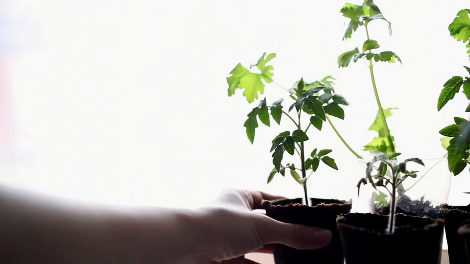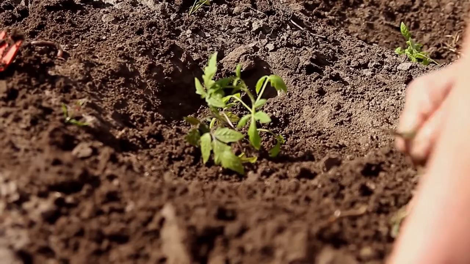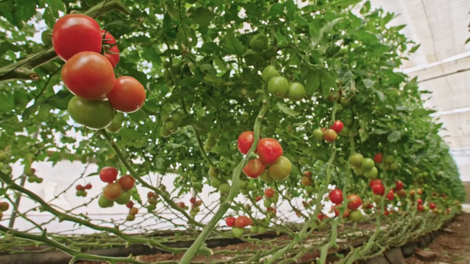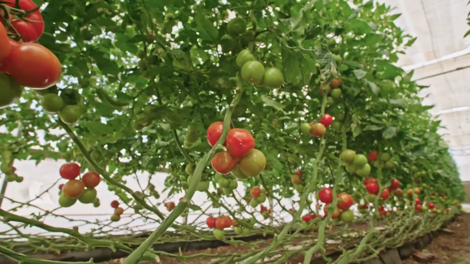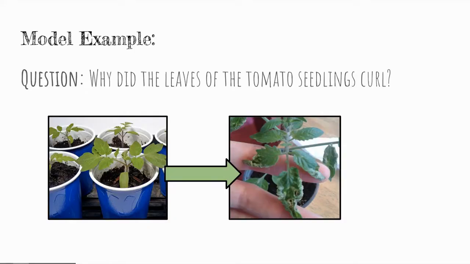Recently, I love to grow tomatoes, and I grew seedlings this year. And luckily, I was able to plant a lot of those seedlings, and they grew into these beautiful tomato plants. But some of my seedlings had a problem. The leaves of the tomato seedlings started to curl. They curled and they got dry and crunchy, and I just wasn't sure what happened. So at first they started off looking beautiful and green and fresh, and then it got this unfortunate leaf curl